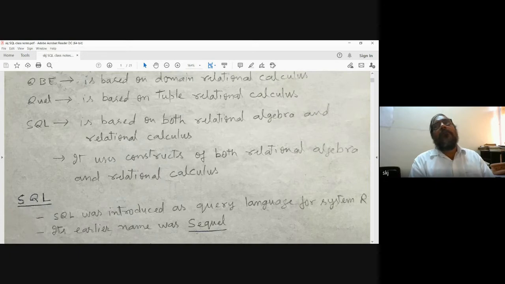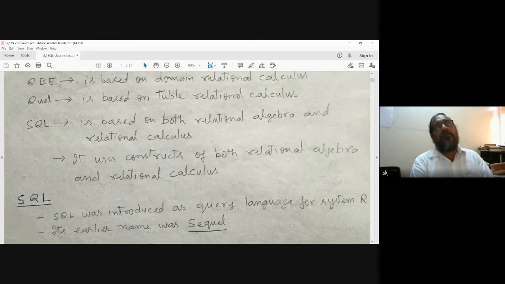The relational model you will be taught in your theory class. Relation is one mathematical term that I told you in earlier classes. For a table, we use the term relation in mathematics, and in database, we use tables. So when we say we are using relations, that means we are using tables. Based on this relation, one model has been developed that is called the relational model.